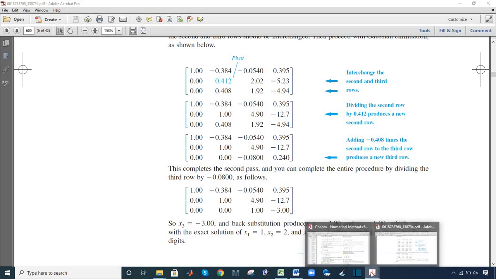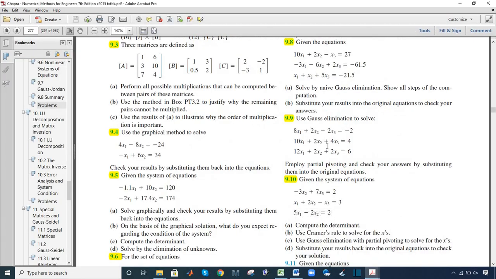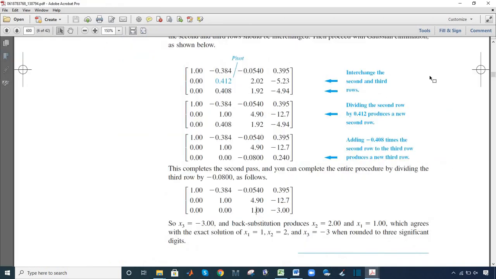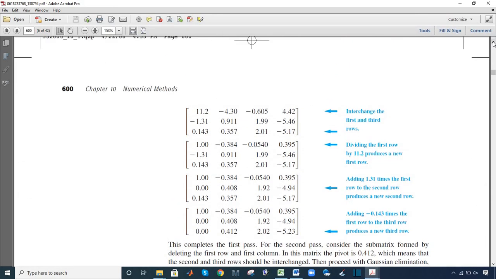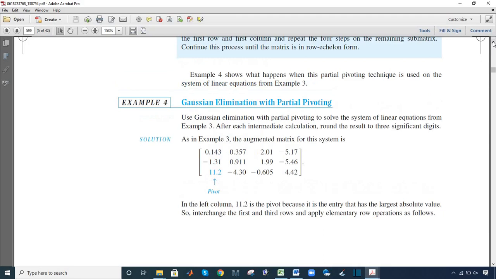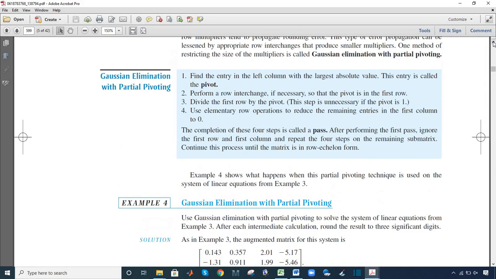Similarly, you can follow this procedure for this question and you can solve this. You have to replace equation 1 with equation 3 because this is the pivot element 12, and follow the same procedure. On the right side, the author has also explained all the steps, what operation is performed on these steps, and this is also explained here, the procedural steps.